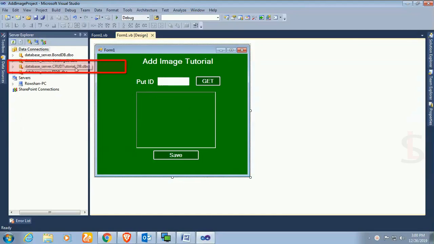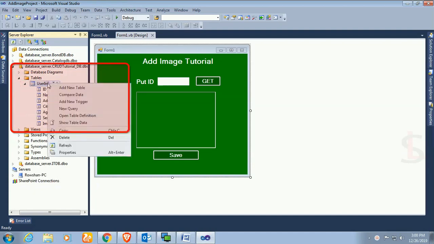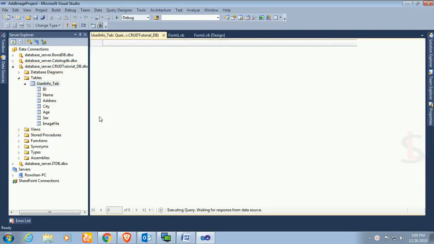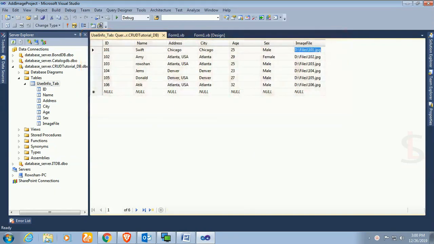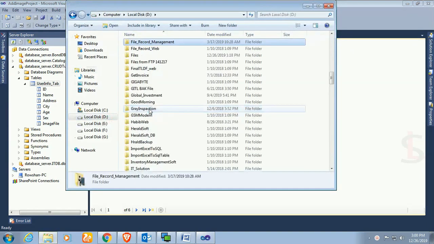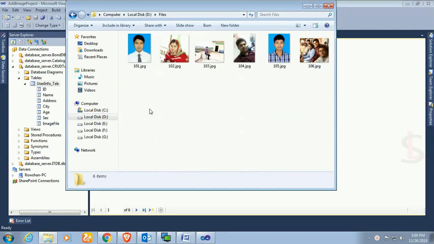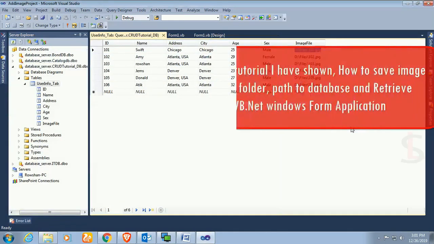This is the database CRUD tutorial DB, and I expand the table user info tab. There the columns ID, name, address, city, section, image file, and these are the records in the image file column. You can see this is just the location of the image file folder. Okay, this is the D drive and files, and the image whose location only is stored in the database table